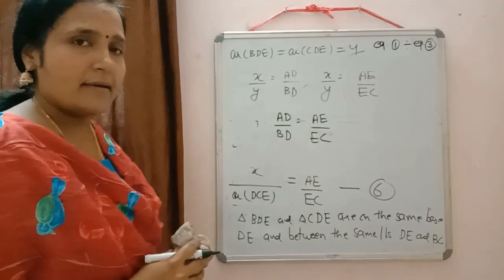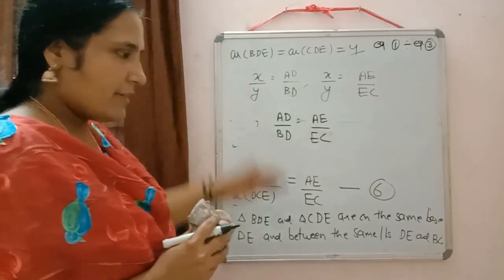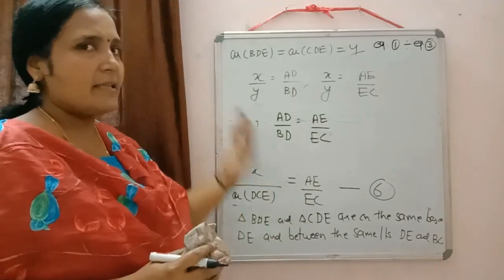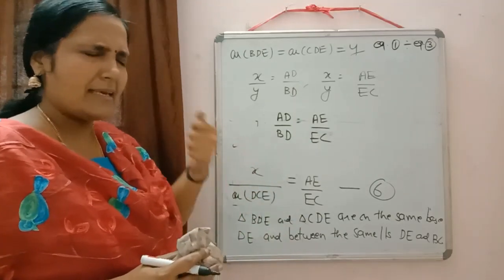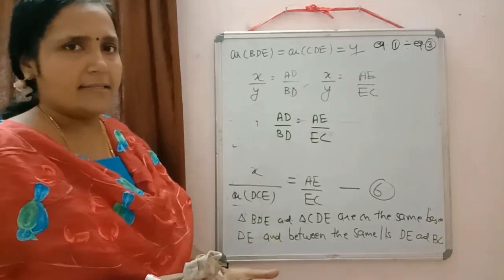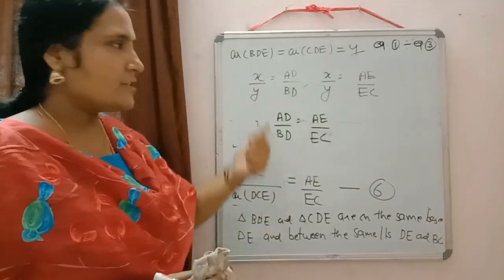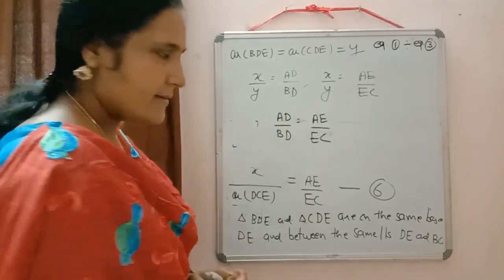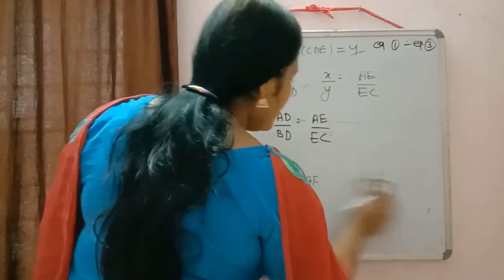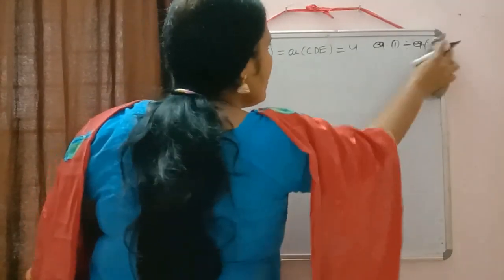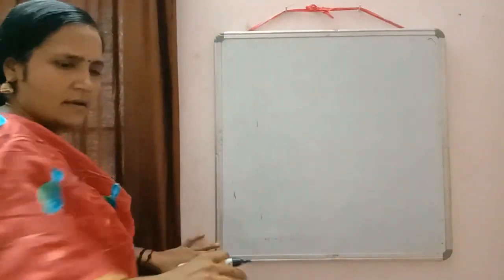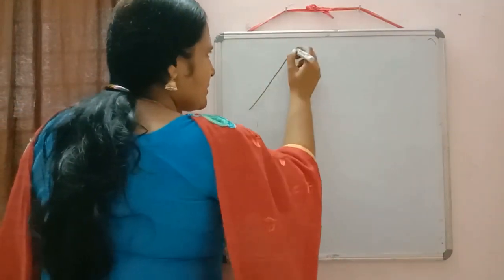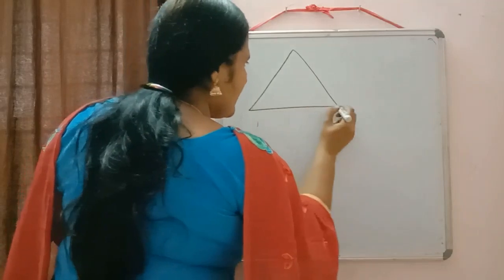So in this way we prove the basic proportionality theorem. This one is important. I have explained it one more time. You just do it by yourself. Check whether you are getting the method or not. In case of any doubt, you can ask. So in this way, we prove AD by BD is equal to AE by EC. Now, when we have proved this, many extra results we can derive from it. Those results are called corollaries, which are direct applications of this basic proportionality theorem.